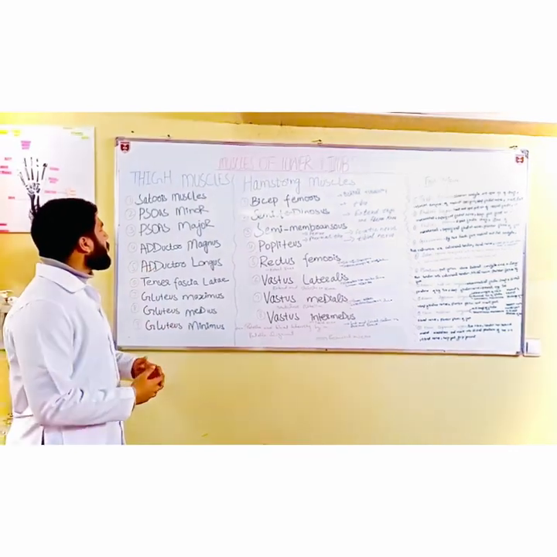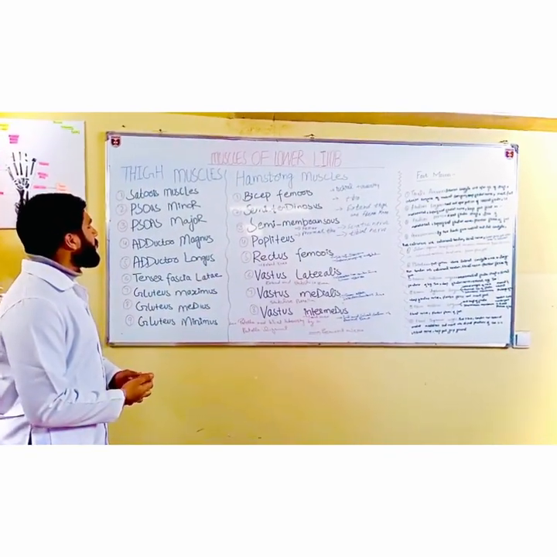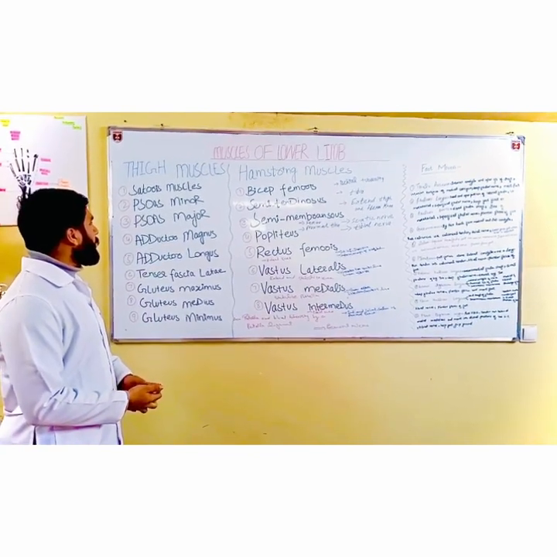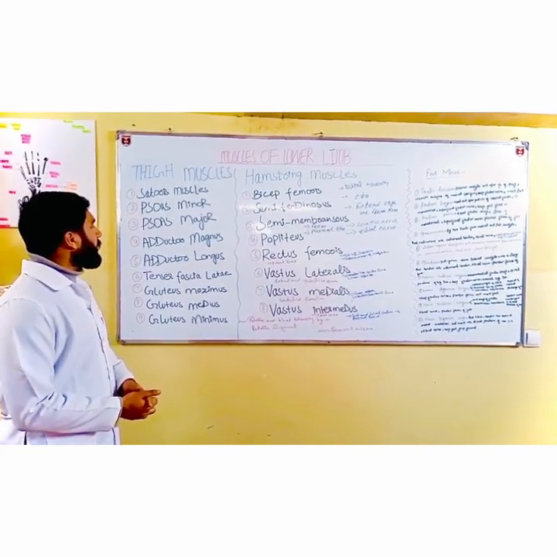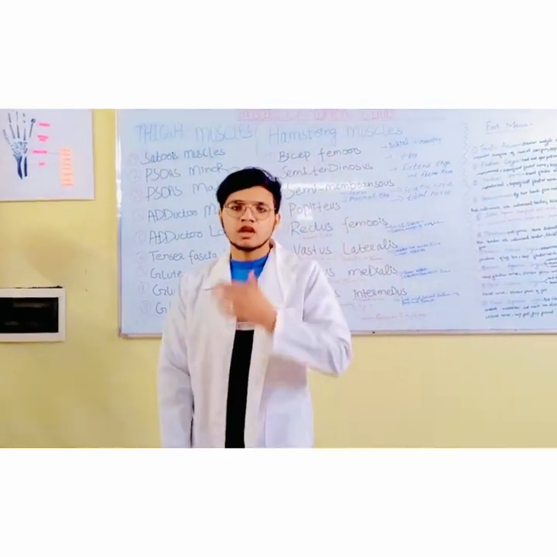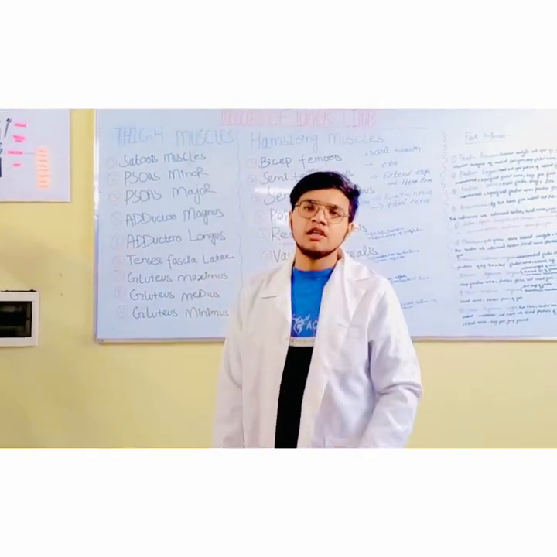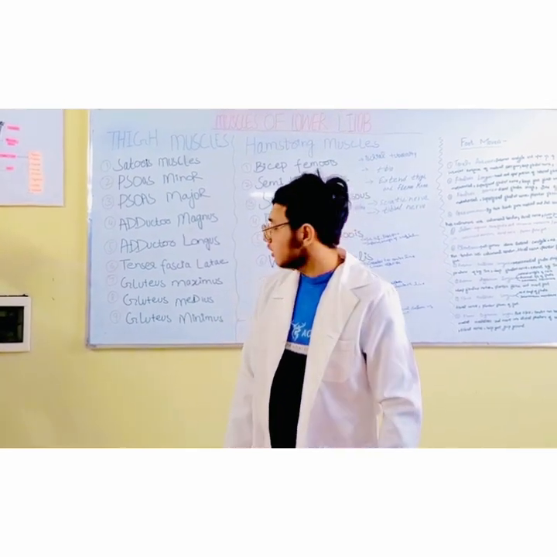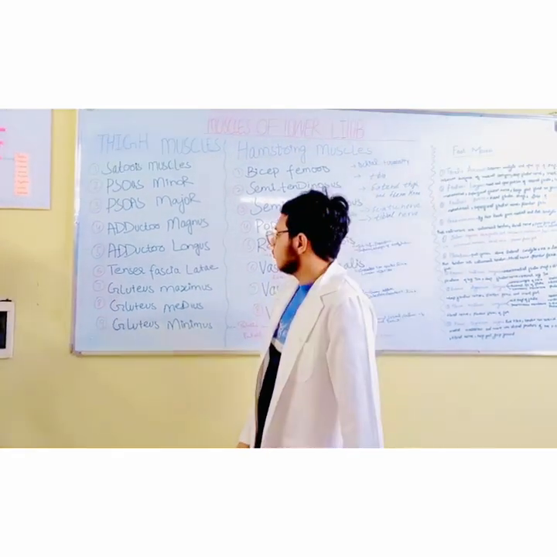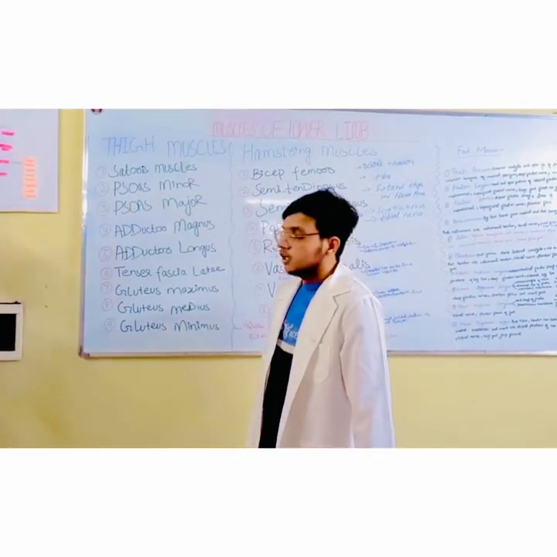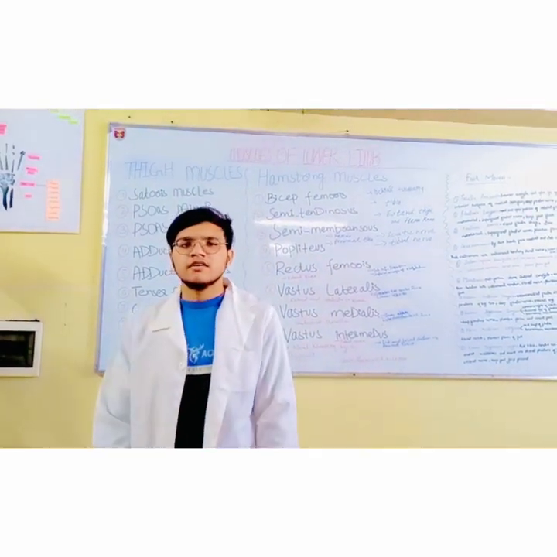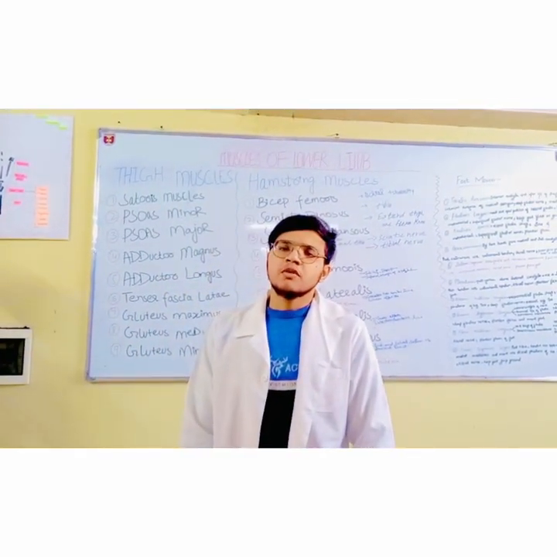Now I will tell you some actions of thigh muscles. All thigh muscles have almost the same actions. Next is gluteus medius. Its origin is the lateral surface of the ilium between the gluteal lines, and its insertion is the same as gluteus maximus, and its action is that it abducts the thigh, and the anterior part of